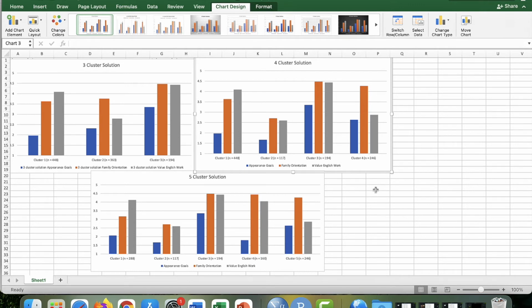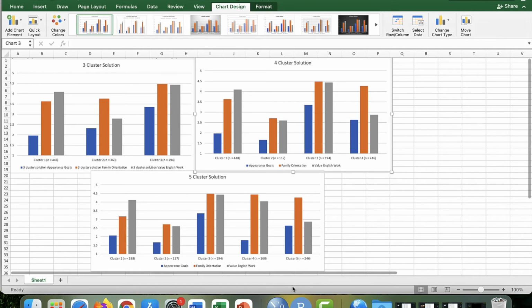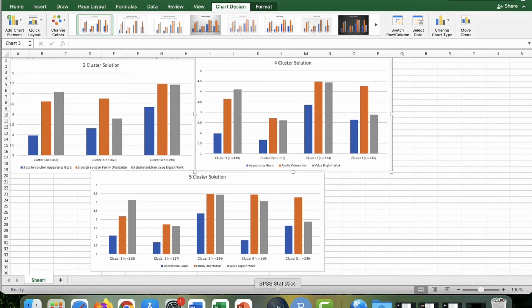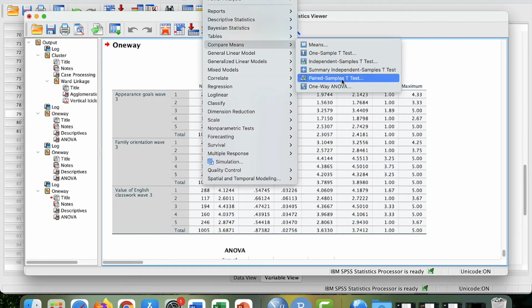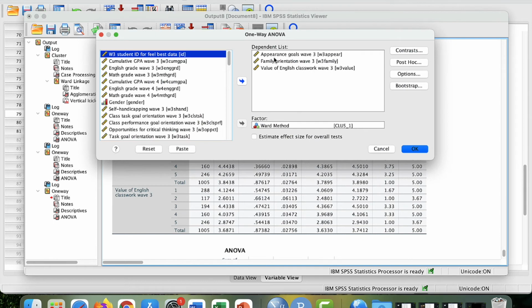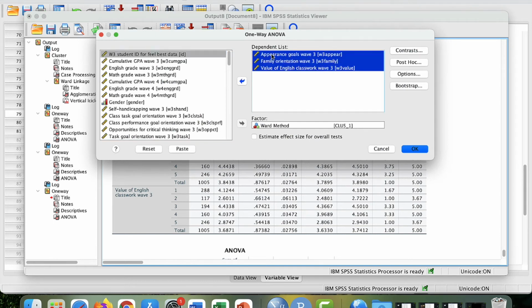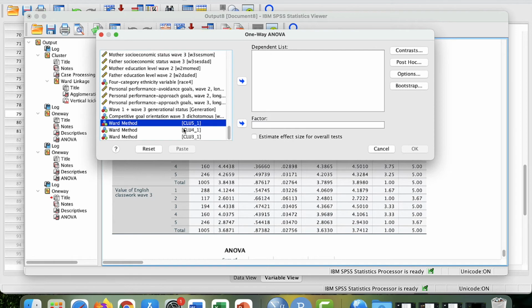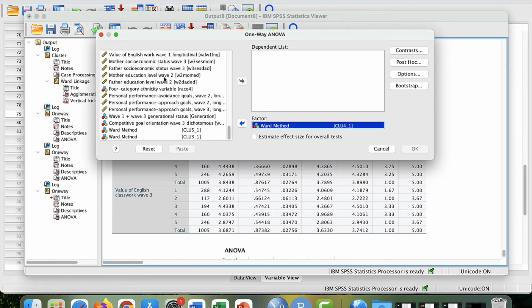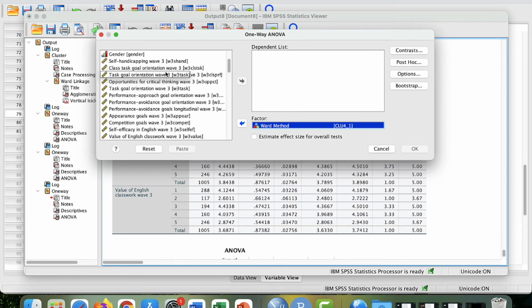So now, once you've decided how many clusters, you can start to compare these clusters on other variables. I wonder how these motivational clusters might differ on some other variables. So for example, let's compare the means of the 4 clusters on something like